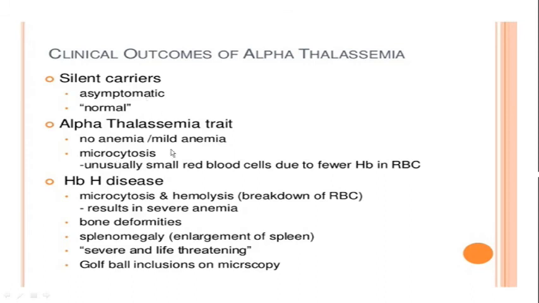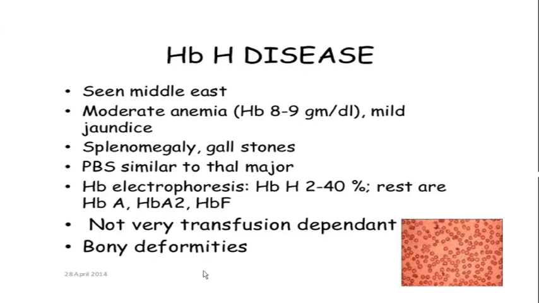Alpha thalassemia traits might have mild anemia or microcytosis, but HbH disease will usually have microcytosis, hemolysis, and severe anemia, then bone deformity or chipmunk facies, splenomegaly, which can be severe and life-threatening, and even golf ball inclusions in microscopy. And usually this is more prominent in the Middle East and the Mediterranean area with moderate anemia and gallstones,